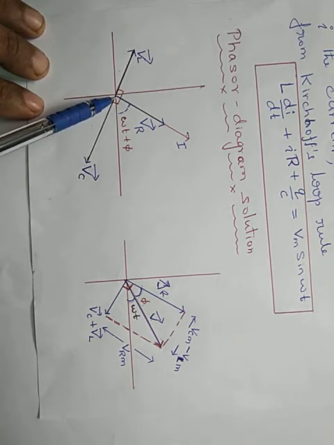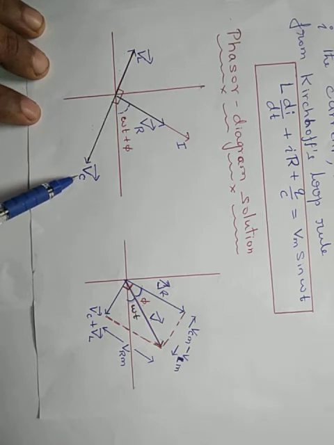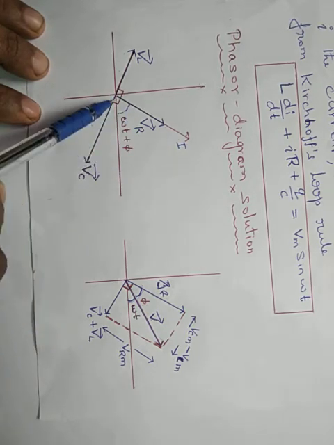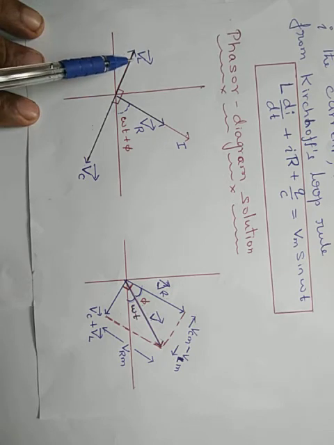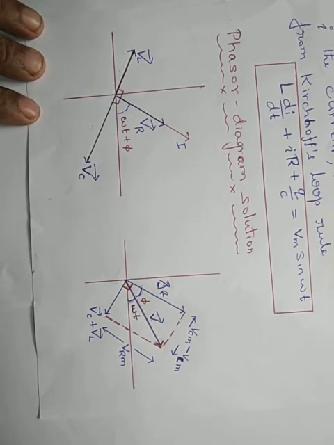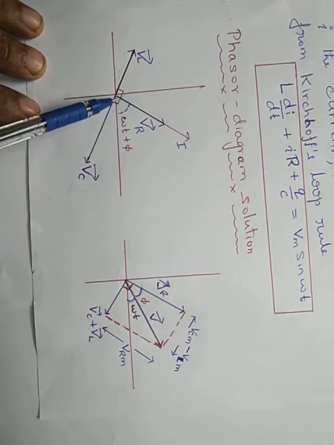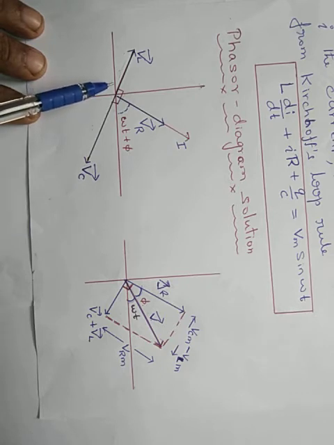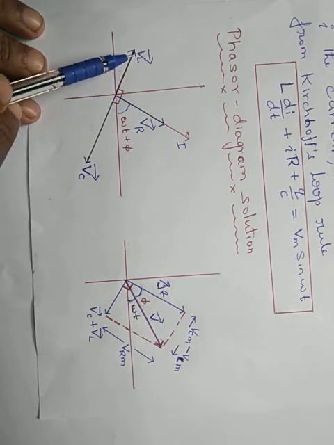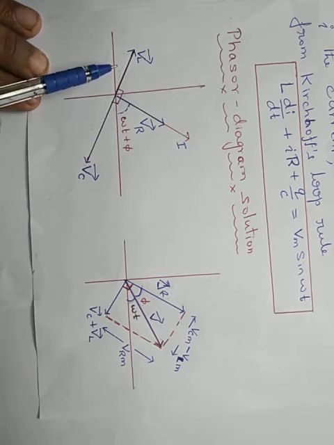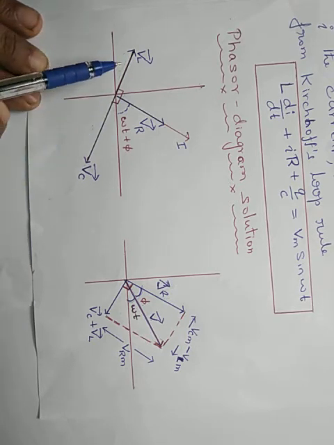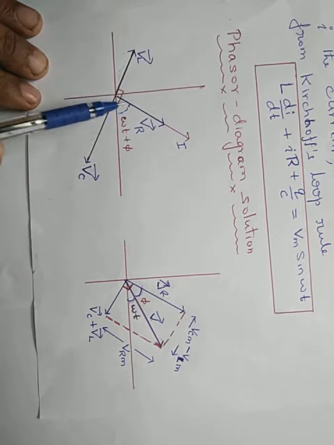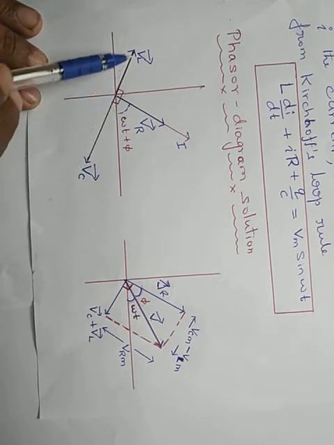Similarly, we know the voltage due to the capacitor lags behind the current by pi by 2, and voltage in the inductor leads the current by pi by 2. So, check my previous videos for all these three derivations: voltage due to the pure resistor, AC voltage applied to a pure capacitor, and AC voltage applied to a pure inductor. Check my old videos. So, now we have three vectors here, VR, VC and VL.